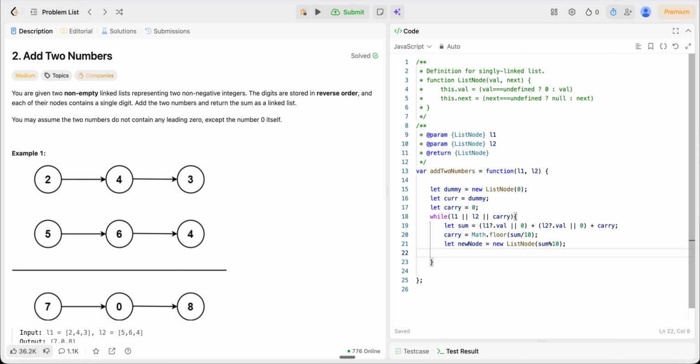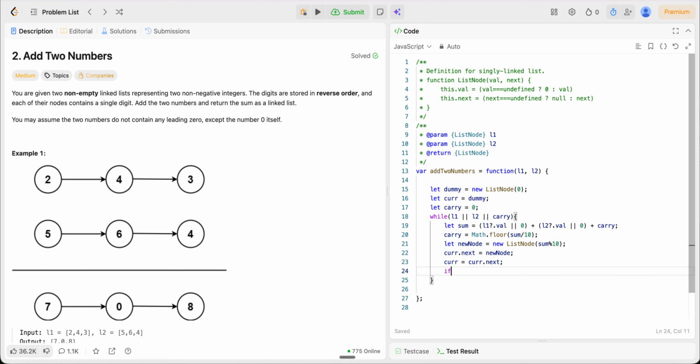Once we get this node, we will ensure that current.next is pointing to newNode, and once we get the new node, we will also move our current to the next node. Now once we are done with these things, we also have to move our L1 and L2,